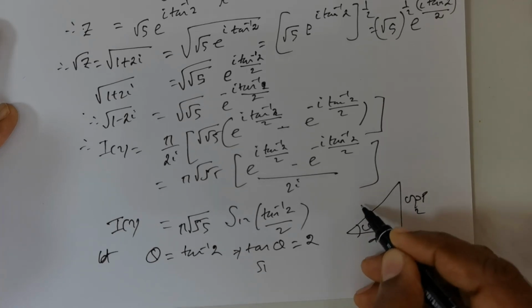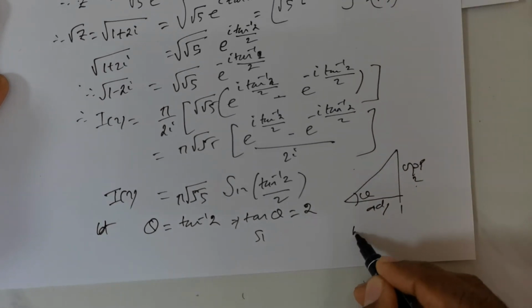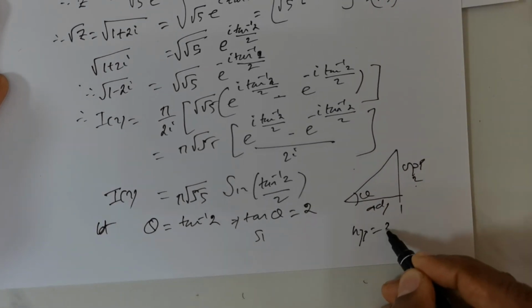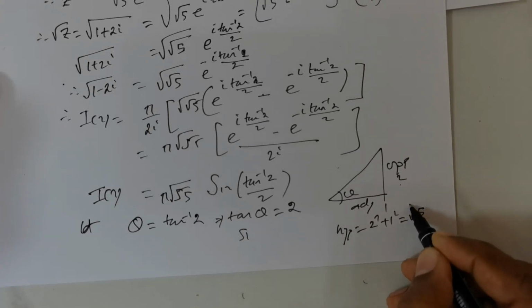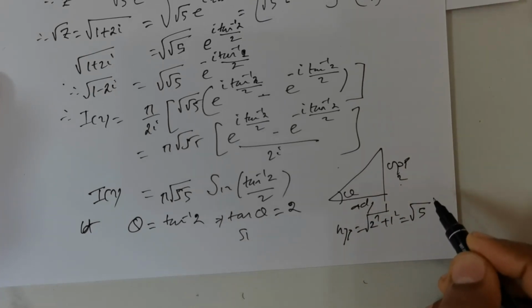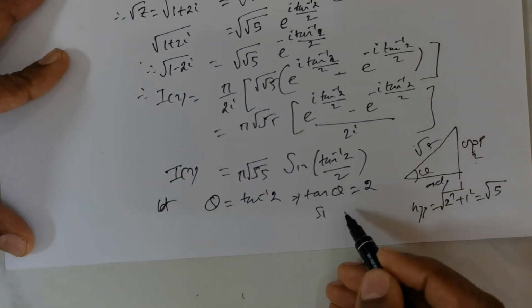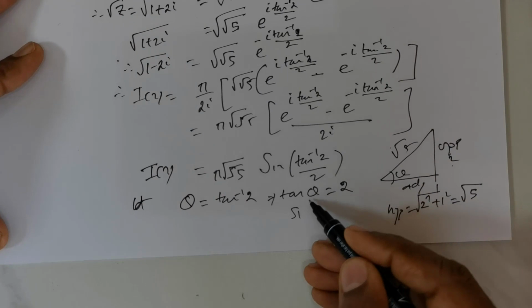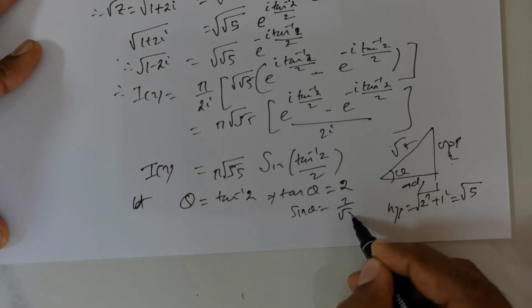So that means hypotenuse side. What is my hypotenuse side? I need to get the hypotenuse side. So it's going to be 2 squared plus 1 squared, which is equal to 5. So it's going to be root of 5 units. So this is going to be root of 5. So I've got tan theta value which is available, and sine theta is going to be 2 over root 5, and